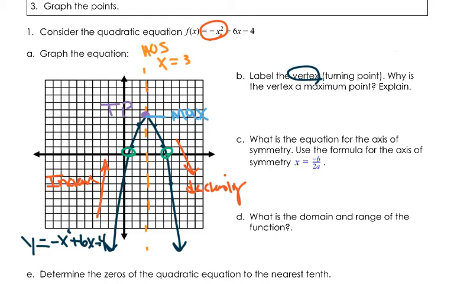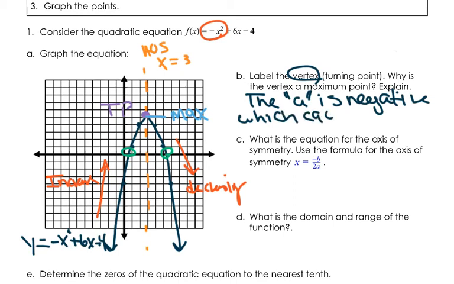So that would be our answer. A is negative, which causes the parabola